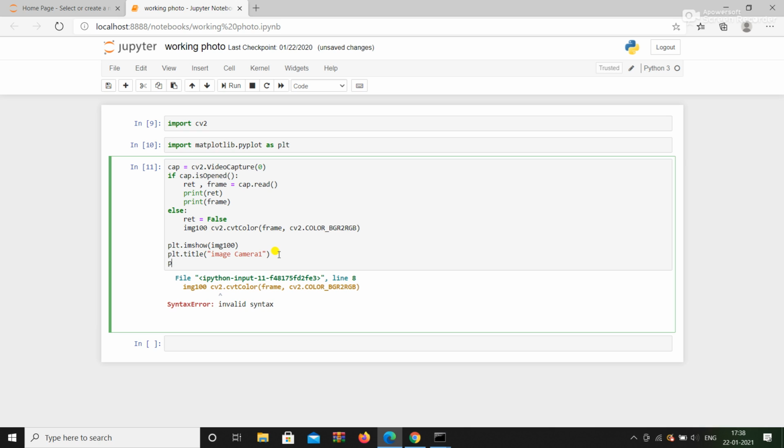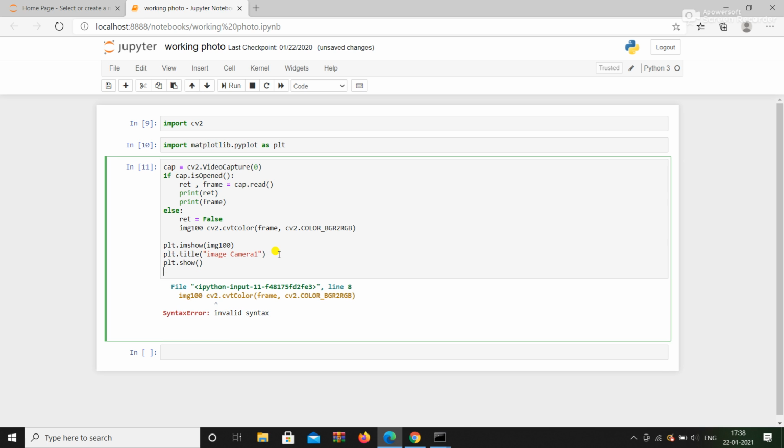Now release, because if we do not release it, it keeps taking pictures, so we need to release the webcam.